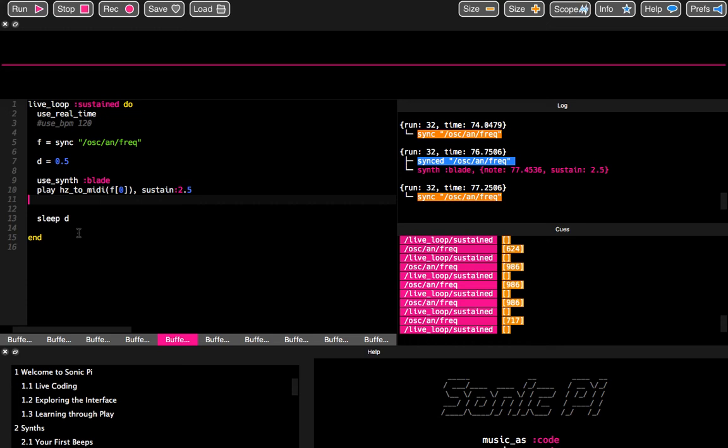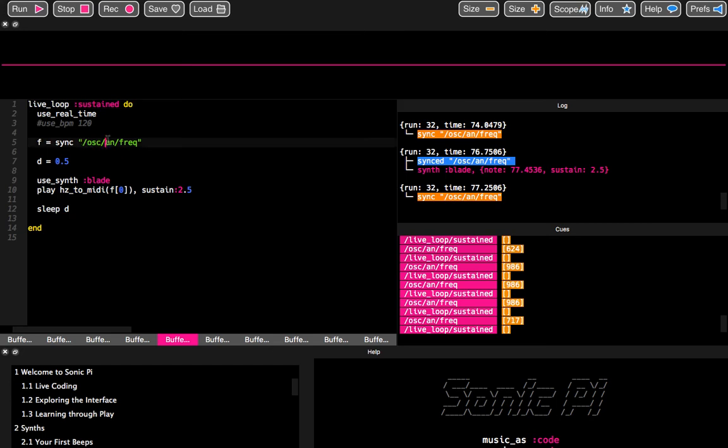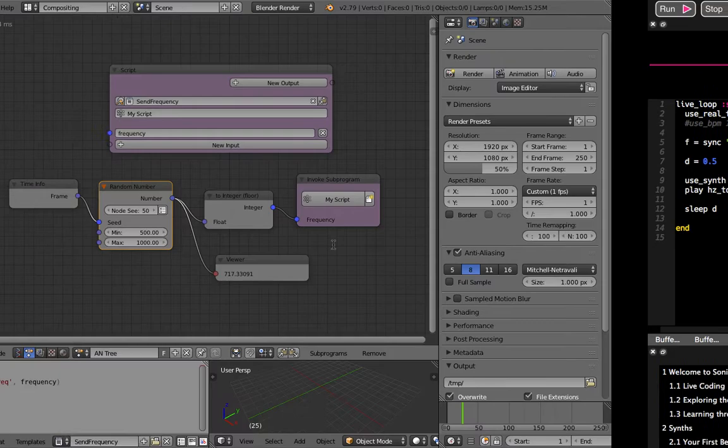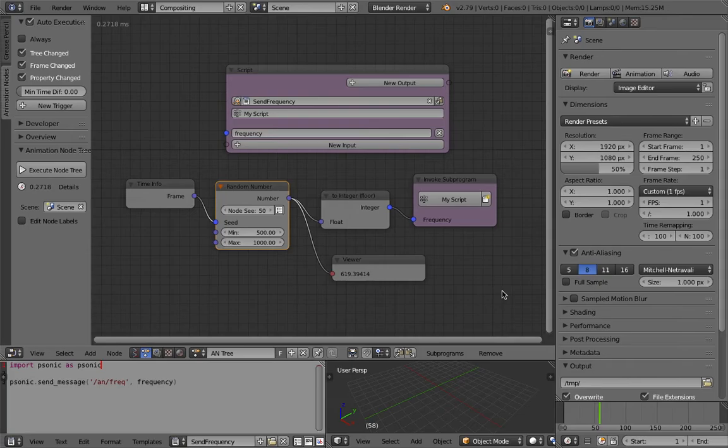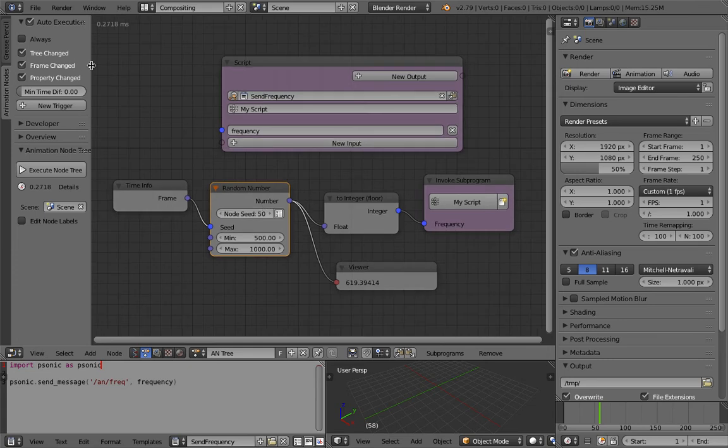script here. This is written in Ruby, but basically this is a live loop listening to the OSC message from Animation Nodes. This line I call just frequency, but from this array of values I'm getting the first value and using it to play a frequency using Sonic Pi. So yeah, you can see if I'm changing a value inside Blender, the sound being generated is basically